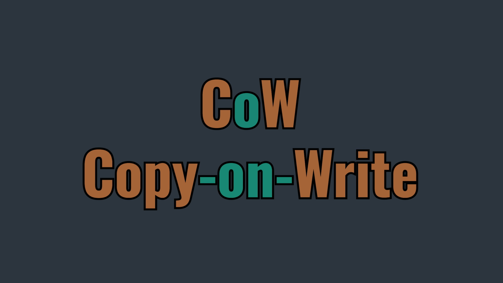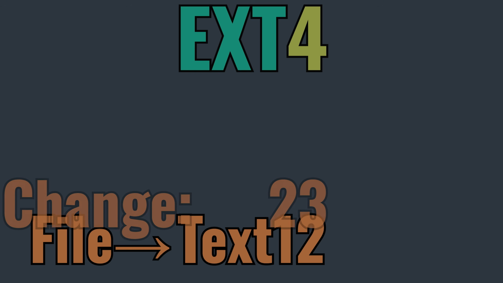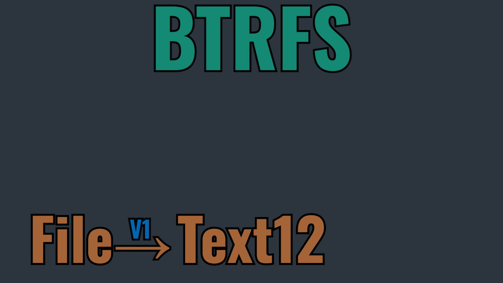So normally when you have a file system like ext4 and you want to edit a file, so you just want to change one part of your file, the way that you're going to go about it is to actually rewrite the actual data on the disk. Now, people may be looking at me weird right now thinking, well, how the hell else are we supposed to do it? Well, in a copy on write system, at least the BTRFS way, the way that they're going to do this is,